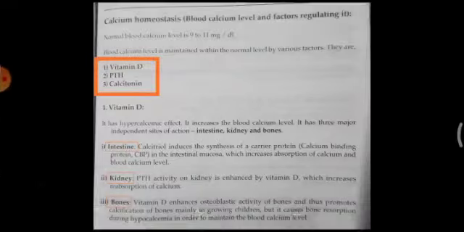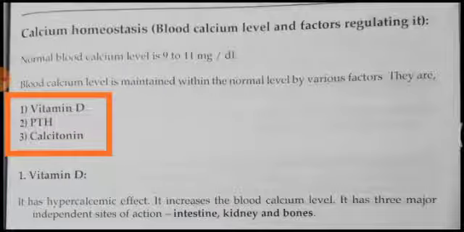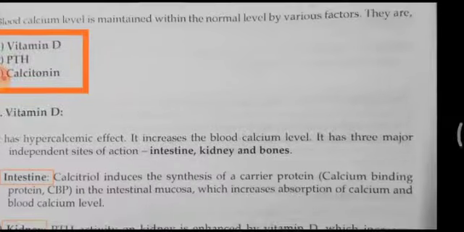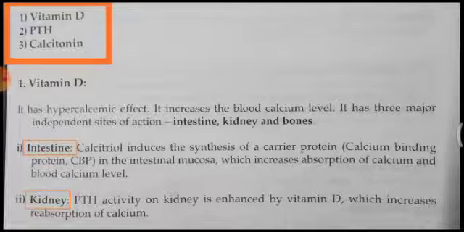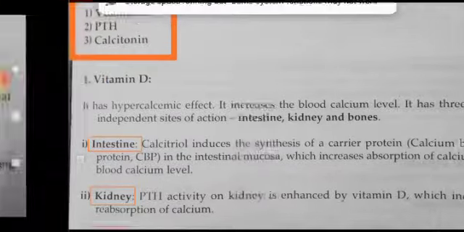Coming to calcium homeostasis, 9 to 11 mg per deciliter is the normal calcium level, as you can see, and this level should be maintained in the blood. For that, several factors are involved to maintain the calcium level, and a few of them are vitamin D, parathyroid hormone, and calcitonin. Vitamin D has a hypercalcemic effect, it increases the blood calcium level,